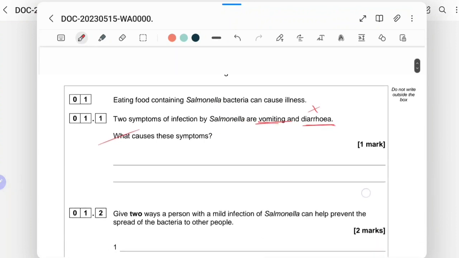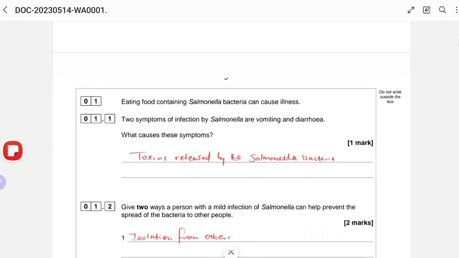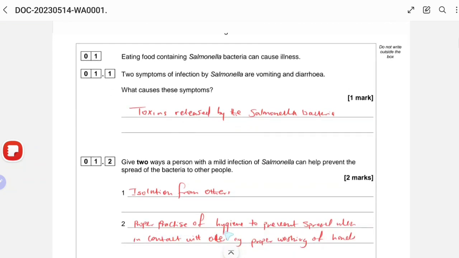So moving on, give 2 ways the person with a mild salmonella infection can help prevent the spread. So it's not as though he has it fully, but it is mild, so he needs to prevent the spread. He can do that by what? 2 ways: by isolating from others, isolation from others, then practice hygiene, so by washing his or her hands after contact with things, and basically just practice normal hygiene so that it's not going to spread to other people. All right,